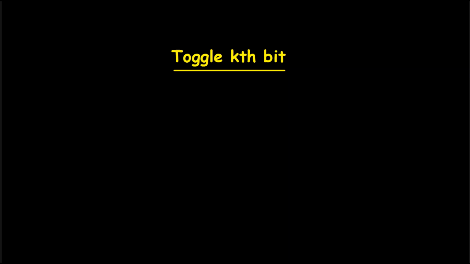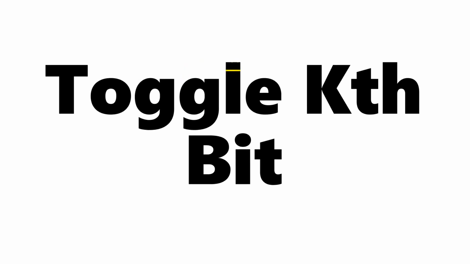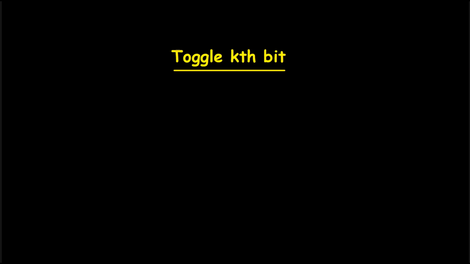These days I'm seeing bit manipulation questions are very much asked in competitive programming. So I'm taking a very base question which has a dependency. Let's start with a very basic question, toggle kth bit. And trust me, if you don't know toggle kth bit, you won't be able to solve a difficult competitive programming question. So I'm here to let you understand toggle kth bit in a very easy way.